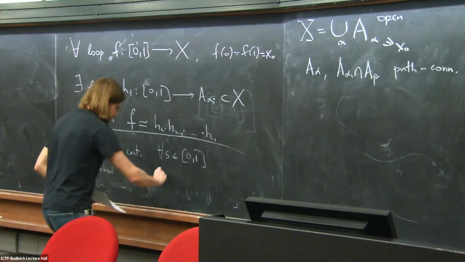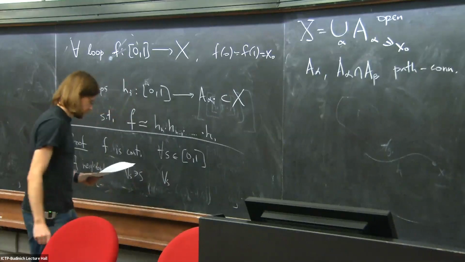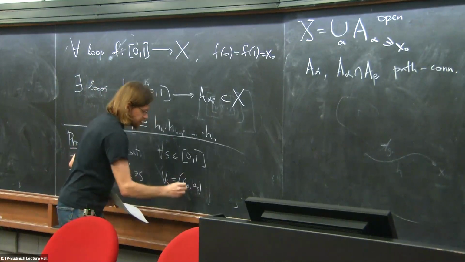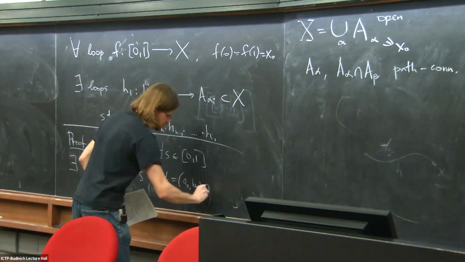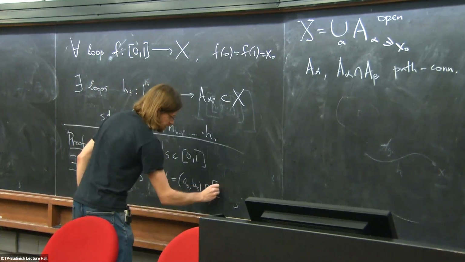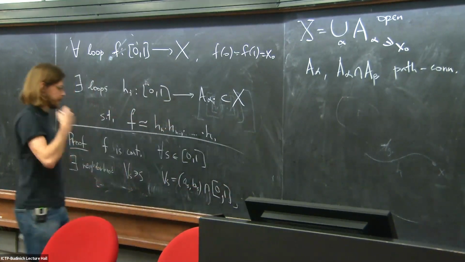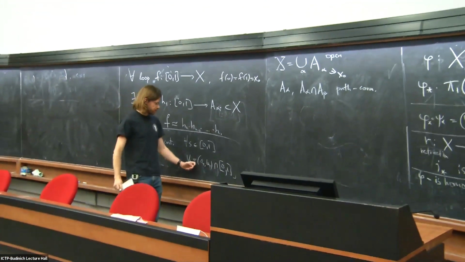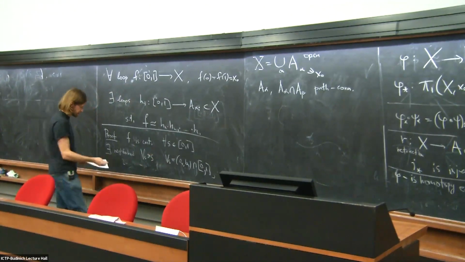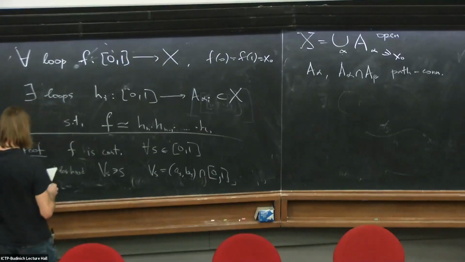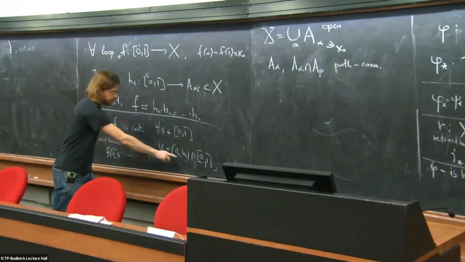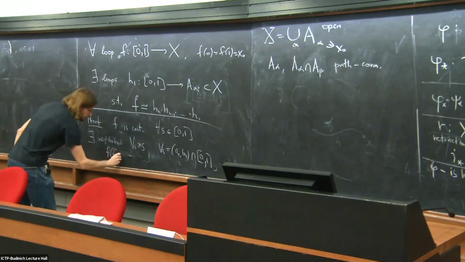Without loss of generality, we will consider neighborhoods of the form of an open interval intersected with our interval from 0 to 1, since any neighborhood contains a neighborhood of this form, and such that f of the closure of this interval